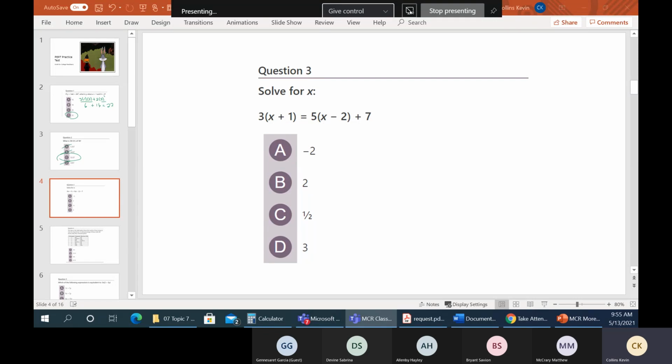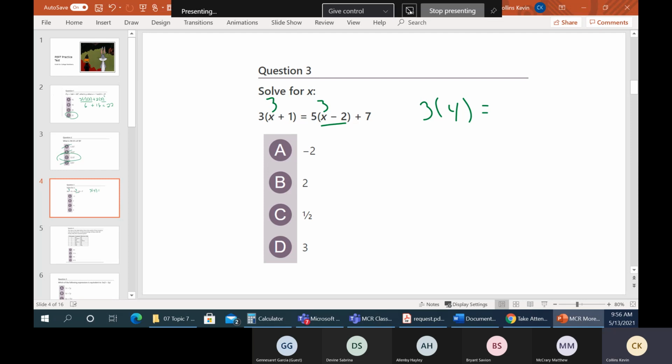Okay, so Haley went with D. Did you do the algebra or did you just plug in? Savion went with D as well. She did the algebra. That's cool. Okay. So based on your answer, let's go ahead and plug that in, see if it works. So if we plug in 3 here and 3 here, so we have 3 plus 1, that's 4. So this is going to be 3 times 4 equals, and over here we've got 3